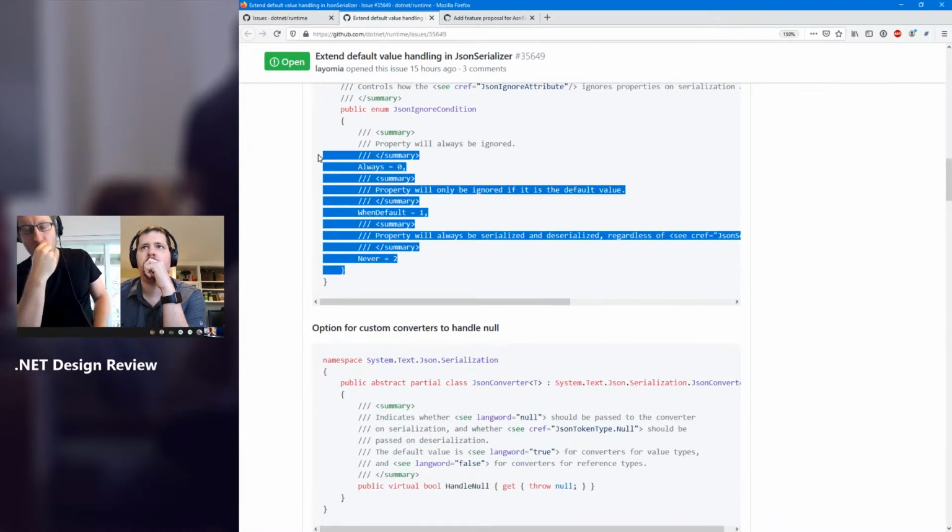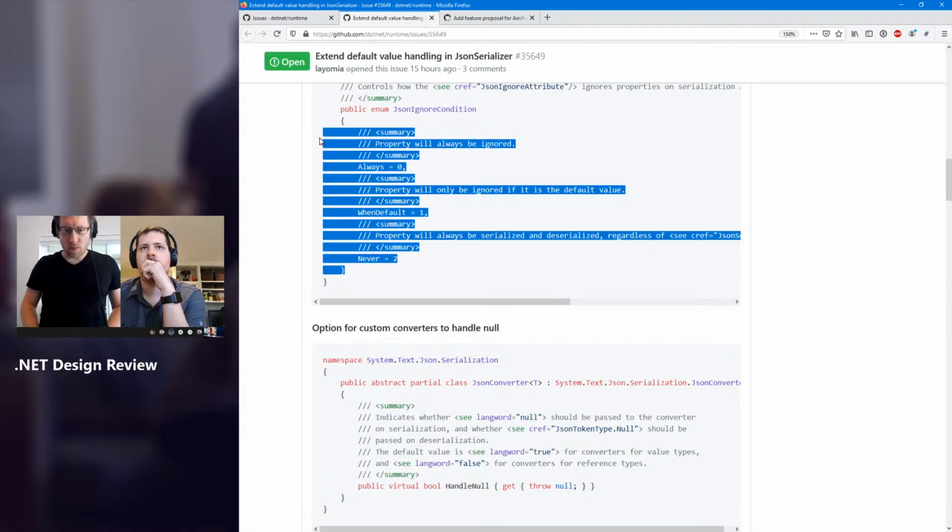I mean, technically we could add one in the future, right? And make more explicit if we wanted. Right, but does when default apply to both serialization and deserialization? Because if it's only respected from the serializer, because again, what does it mean, JSON ignore? Does JSON ignore always, if it's specified